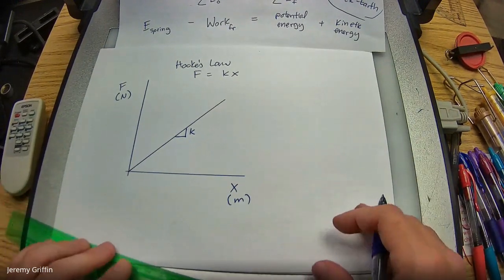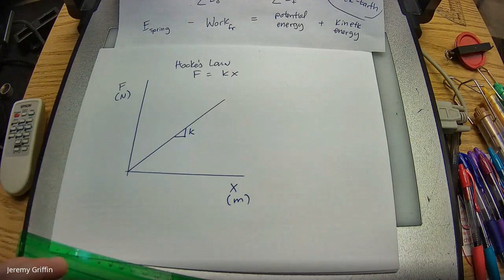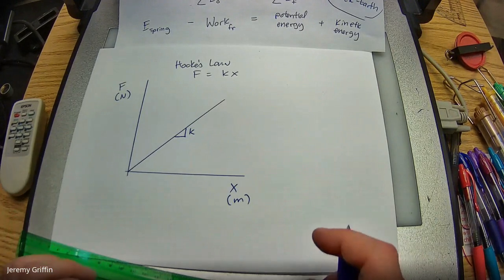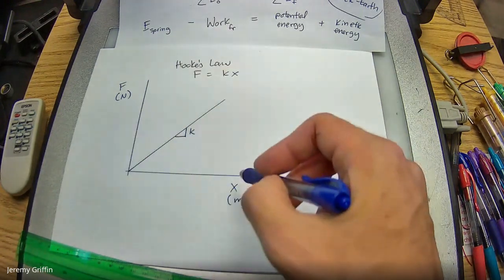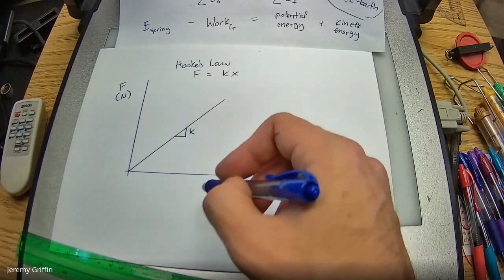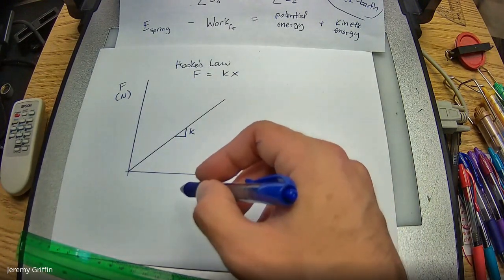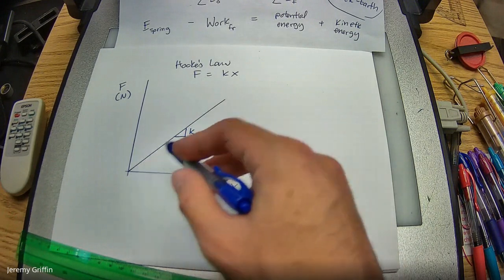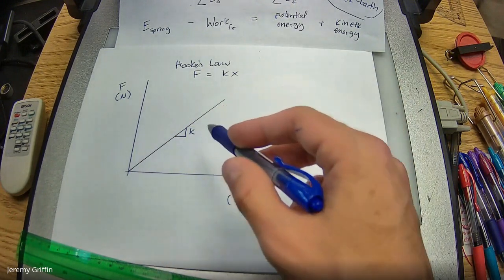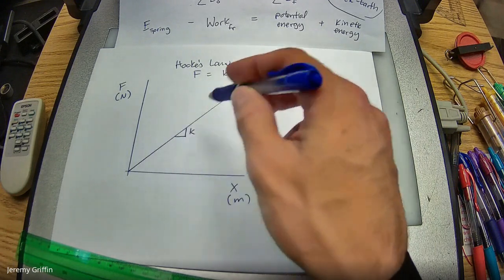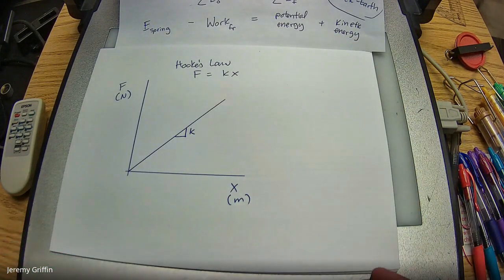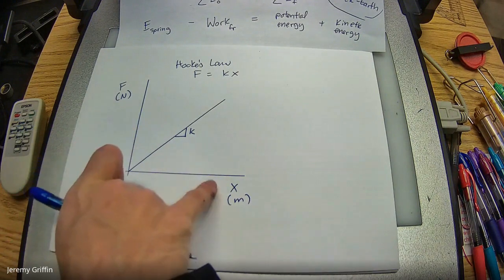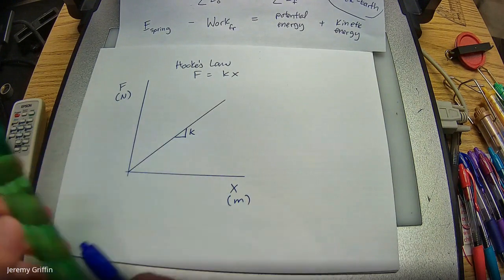Something else that you guys have learned in this class about graphs is that graphs might have different properties that tell you different things. For example, a v versus t graph, speed versus time, doesn't just tell you about speeds. It can also tell you acceleration, that's the slope of the graph. It can also tell you displacement, that's the area underneath the graph. And if you're ever not sure what you're getting from a graph, look at the units of the axes, in this case newtons and meters, and it might tell you something.